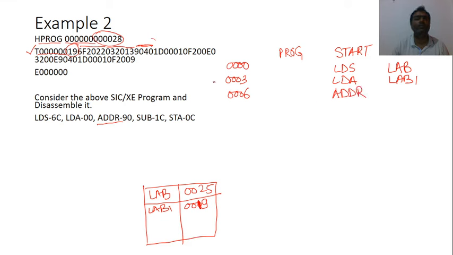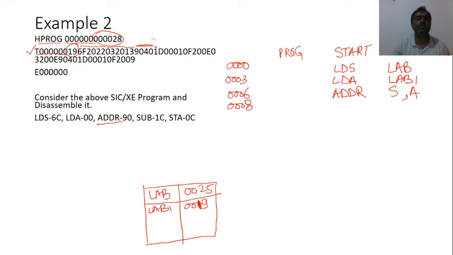And we know that in format 2, the opcode is represented by 8 bits, then register 1 by 4 bits, then register 2 by 4 bits. And 4 is the number of the S register. So S, comma, 0 corresponds to A, S, comma, A. So the next address will be 0008.